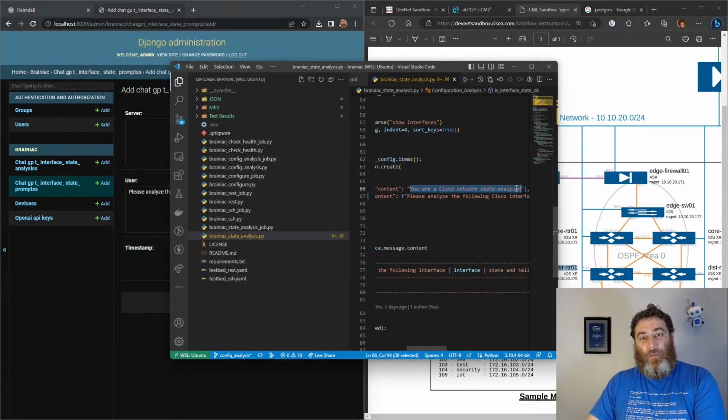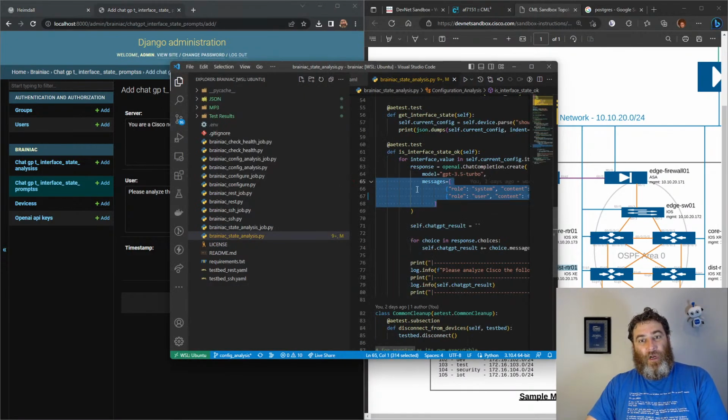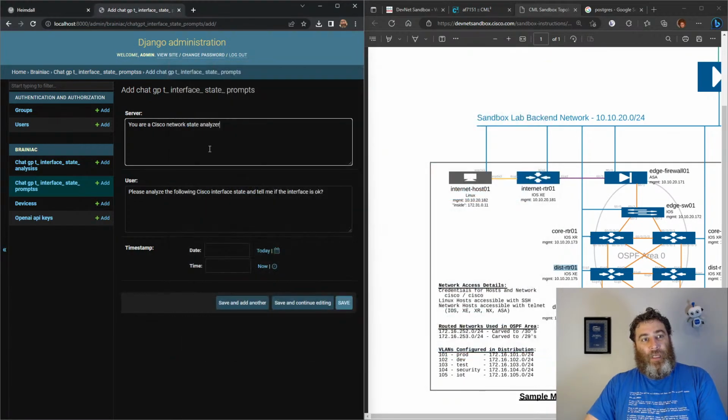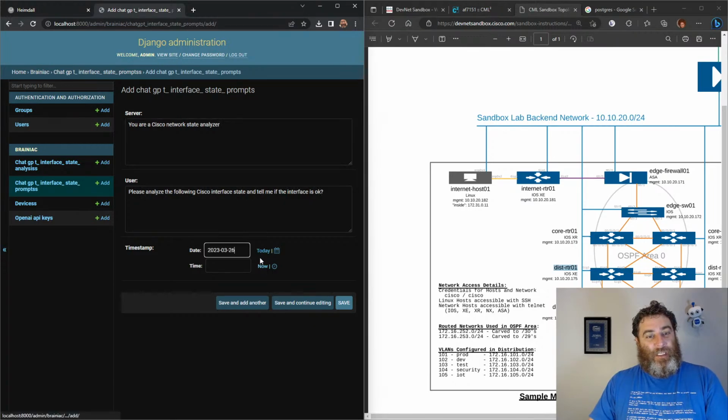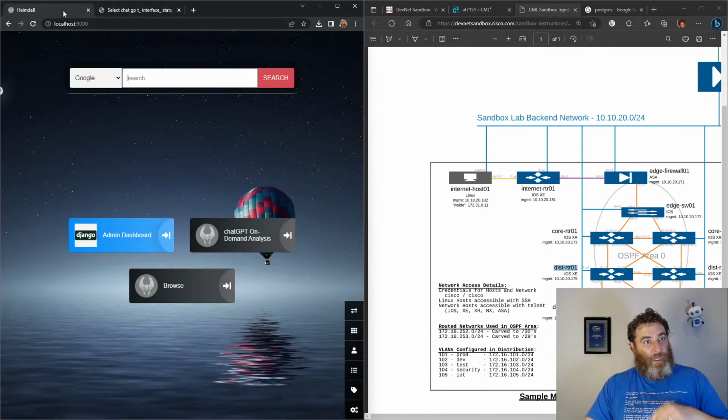So what I'm doing is taking this structure of the ChatGPT call, and I'm setting up a server. You are a network state analyzer, and a user: please analyze the following interface network state and tell me if the interface is okay. Today, now. So that's a prompt. Now what we're going to do is go to the on-demand analysis center,